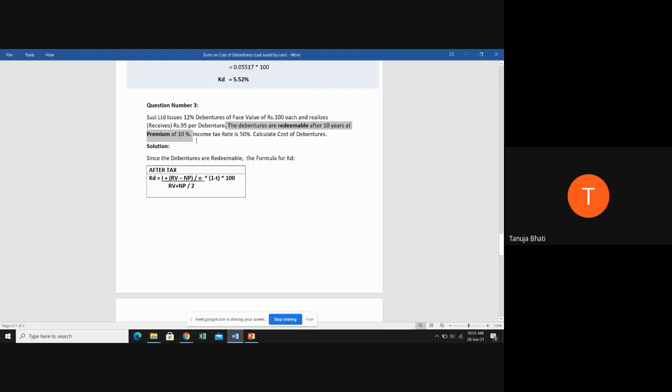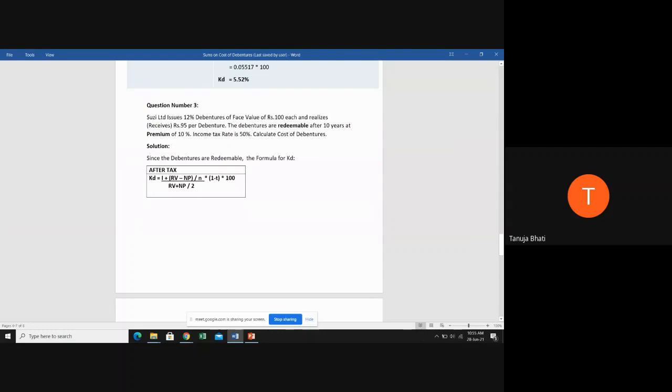Now when the company is going to repay at the end of 10 years, it is going to repay the face value along with the premium. So face value is 100, premium is 10%. So you just need to add 100 plus 10%. That is it, the company is going to repay because it is repayable at premium. Is this clear to everyone? See, students, that is why I told you all, you have to identify the word issue and repayment. Don't get confused. Repayment means at the end of the term.